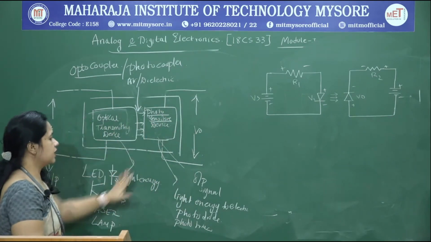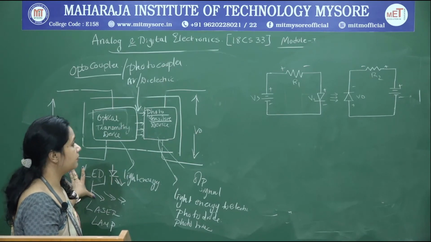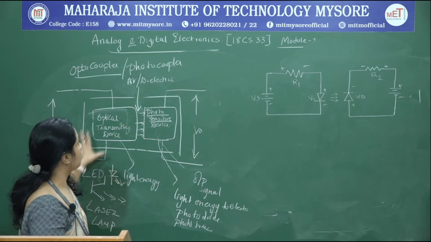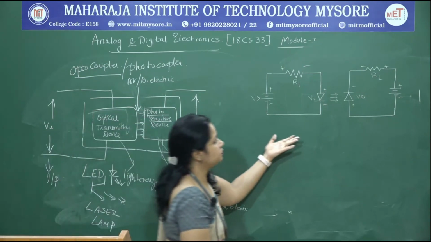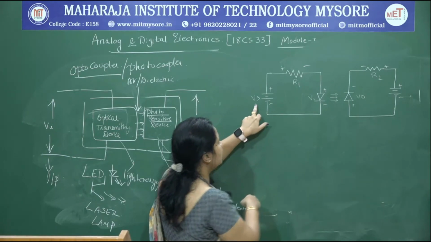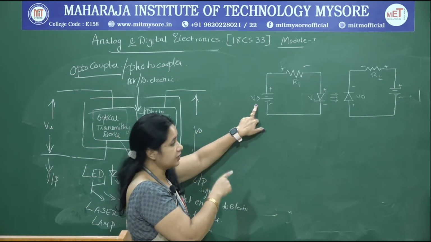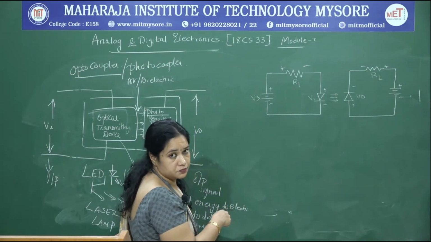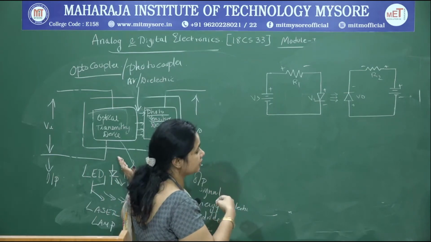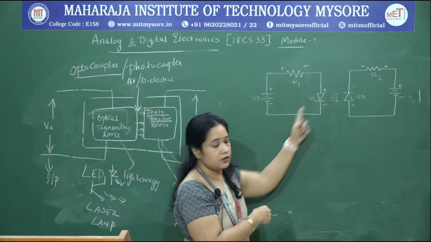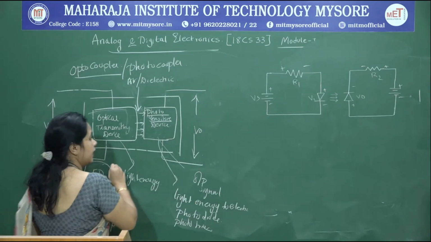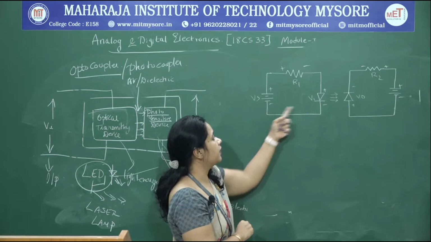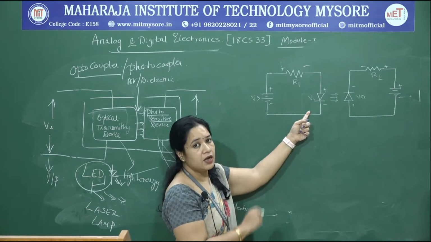So this shows the constructional details of your optocoupler. To understand the working of your optoelectronic or photocouplers, we have an arrangement something like this. This is the input electrical signal. Because this is one of these optical transmitting devices, here I am making a choice of an LED. So LED is used as an optical transmitting device here. This is forward biased. When it is forward biased, what happens? It starts emitting light.